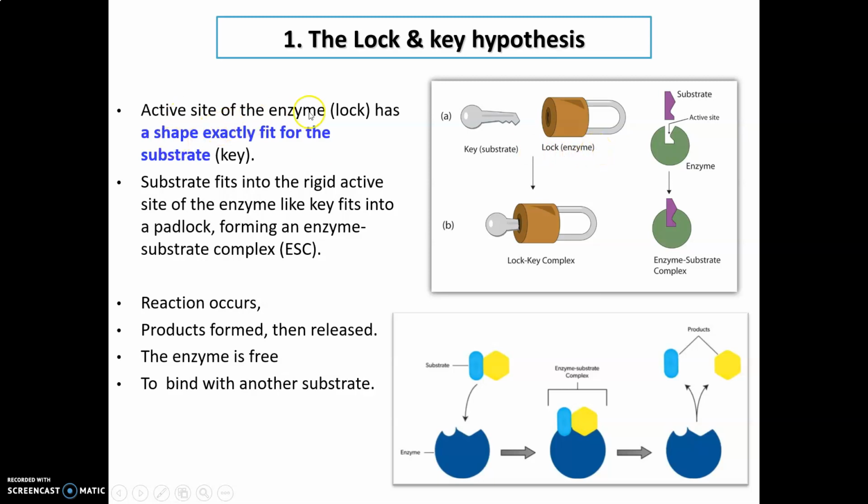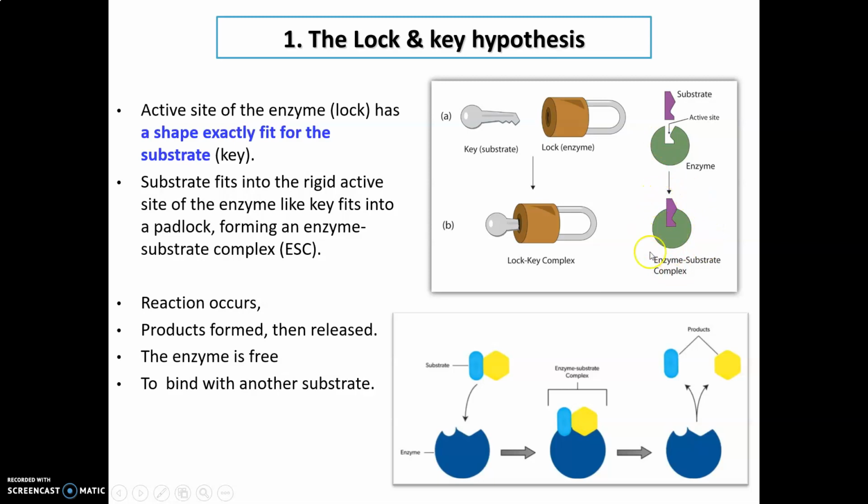So active site of the enzyme, which is the lock, has a shape exactly fit ataupun exactly similar for the substrate, with the shape of the substrate. Okay, asalkan maksud dia sampai, kita terima. Ataupun shape exactly fit to the substrate. Substrate fits to the rigid active site of the enzyme seperti padlock lah, and dia akan form the substrate enzyme substrate complex. Alright. So apa yang berlaku bila dah ada bila substrate tadi dah masuk dalam enzyme, okay, akan ada